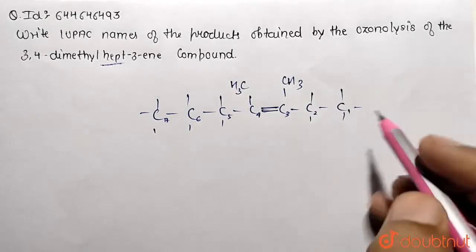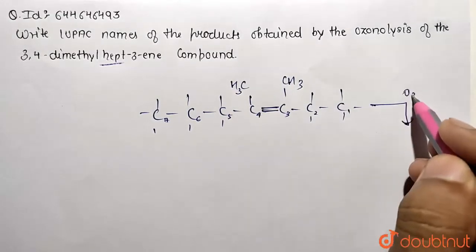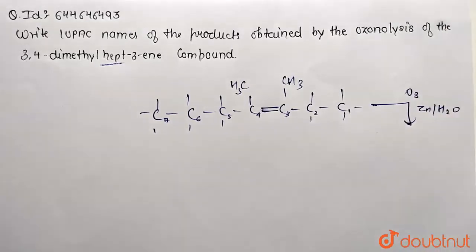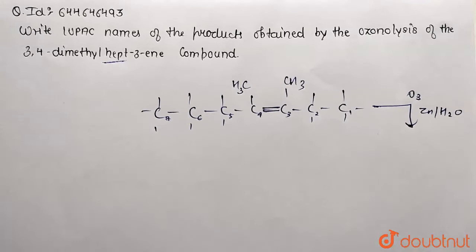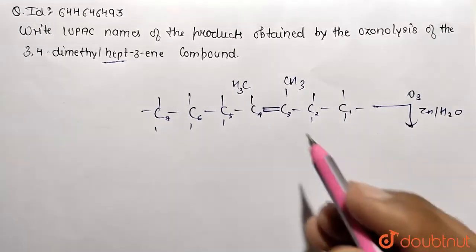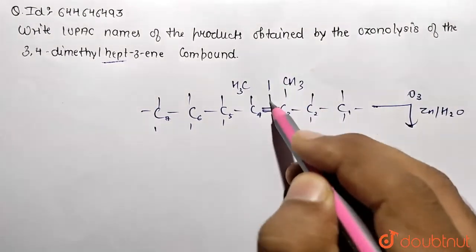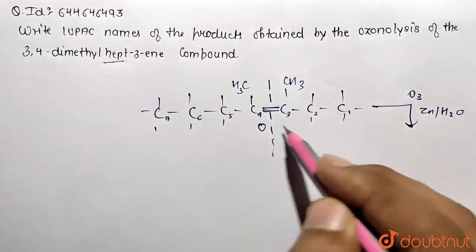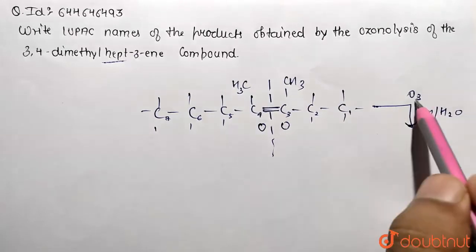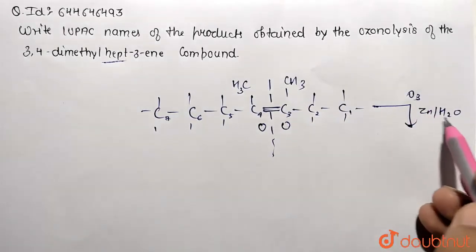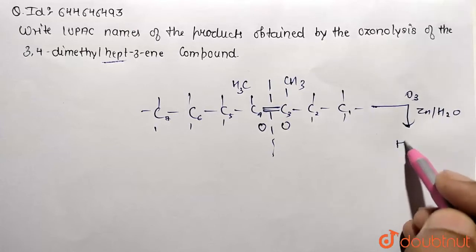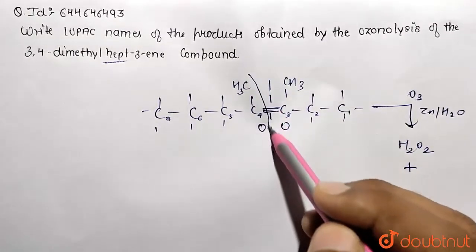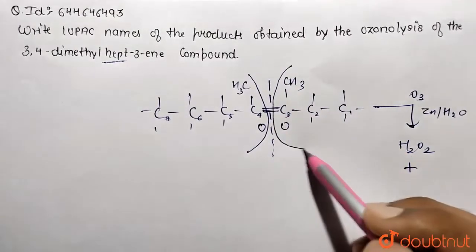Now we are performing the ozonolysis reaction. Ozonolysis is being performed in the presence of zinc and the corresponding reagent. So how to do the ozonolysis reaction? Basically we need to find the double bond position, and the double bond is going to be cleaved. It is going to share one oxygen on this side and one oxygen on that side, and one oxygen of O3 is going to be removed in the form of H2O2. So H2O2 is going to be one of the products, and the other products will be obtained from each side. So this is going to be one side product and this is going to be the other side product.